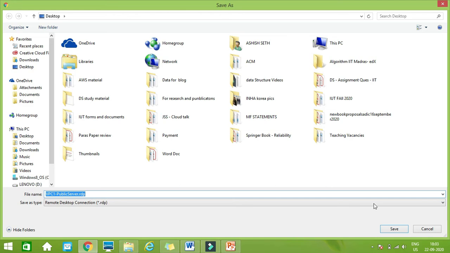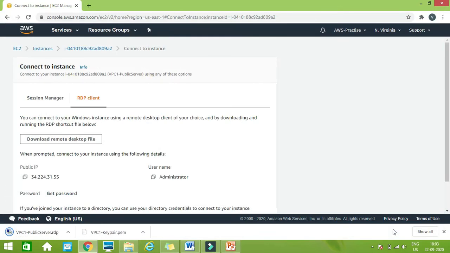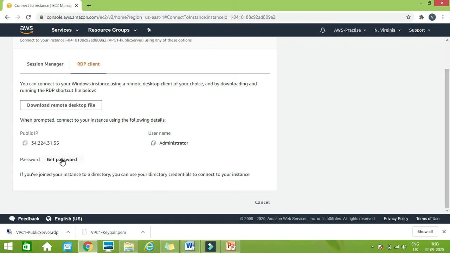Now the RDP file is basically used to connect to your instance remotely. So just click on it. You will get one RDP file, and by default the username is administrator. To connect with your instance you need to provide the username, which is administrator in our case, and the password we can get from here. So when you click on it,